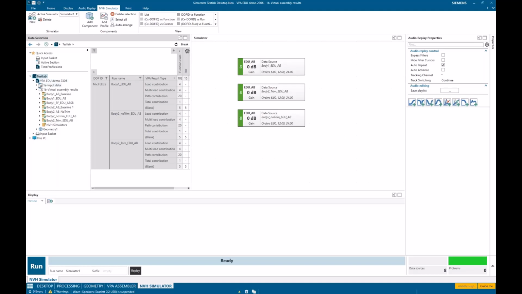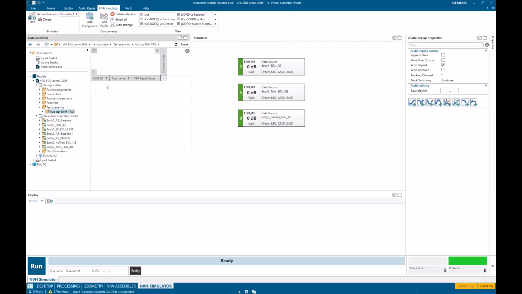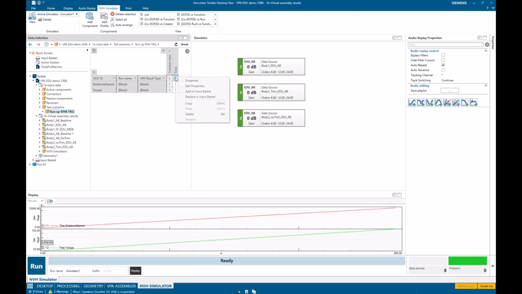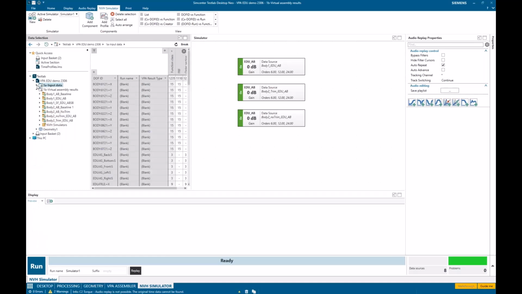Now I need to create or bring in this profile. And so the profile is going to look in the input basket. And so I'm going to look in my input basket here. So I'm going to take that RPM sweep and I'm going to replace that in my input basket from, again, this could be an external source that I just have a bunch of different profiles in. In this case, it's a profile I had right in this project. So I say add profile.